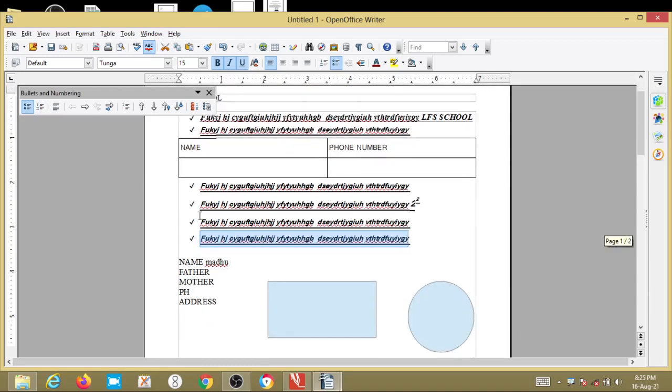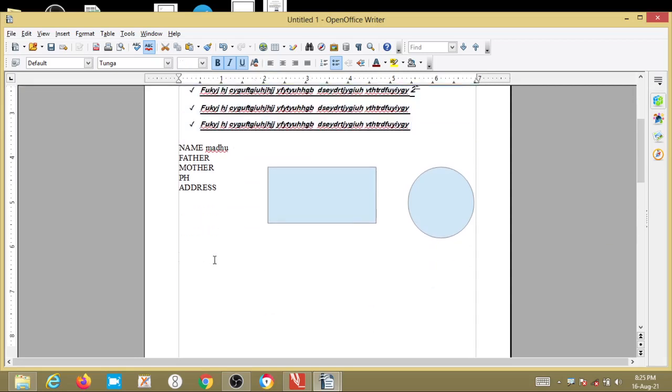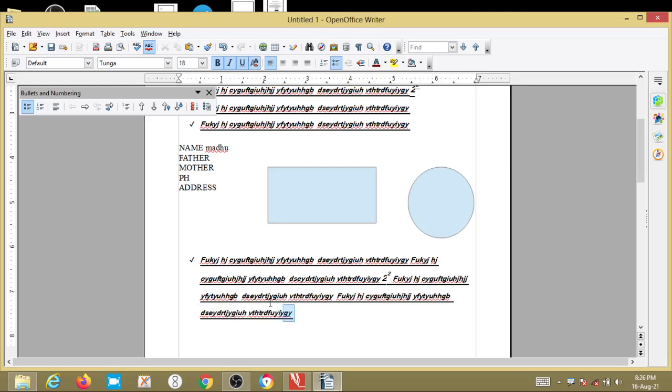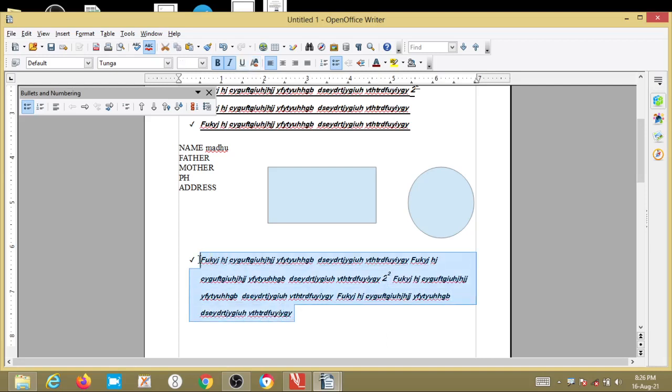Now imagine instead of this, there are four different lines. I'll select all the lines, copy these lines, and paste them here. I'll remove the bulleting and numbering we have given and make this a single paragraph. Even if there is a space in between the sentences, I'll remove the underline. So if I double click on any word, it will select that particular word.